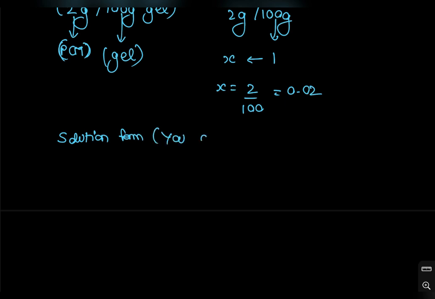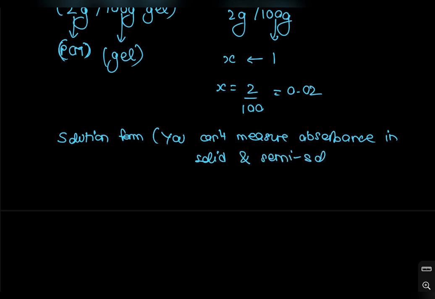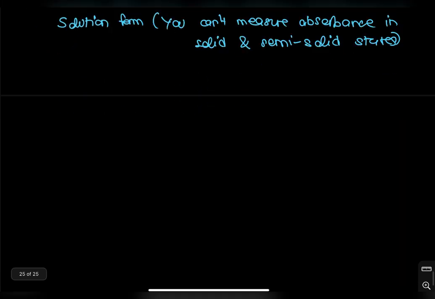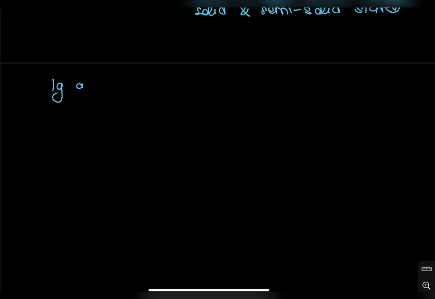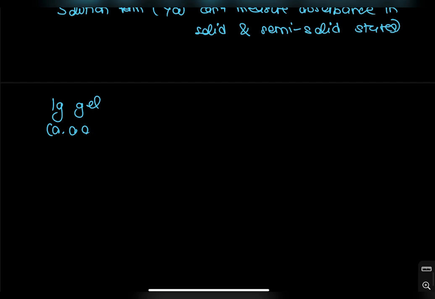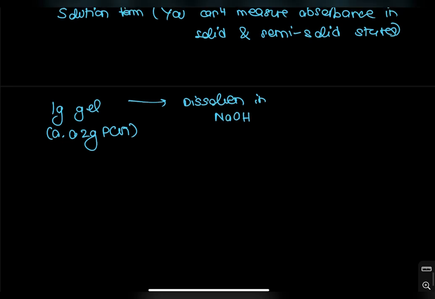You can't measure absorbance in solid and semi-solid states, okay? So in this case, you need a solution form. So you take this 1 gram of gel, which contains 0.02 grams of paracetamol, and you dissolve it in NaOH, okay? Now, the important thing here is that